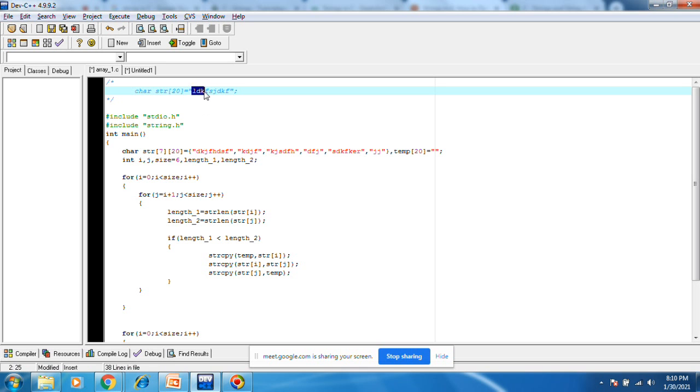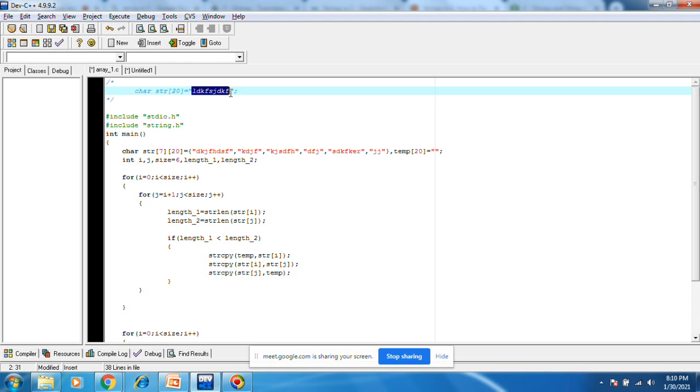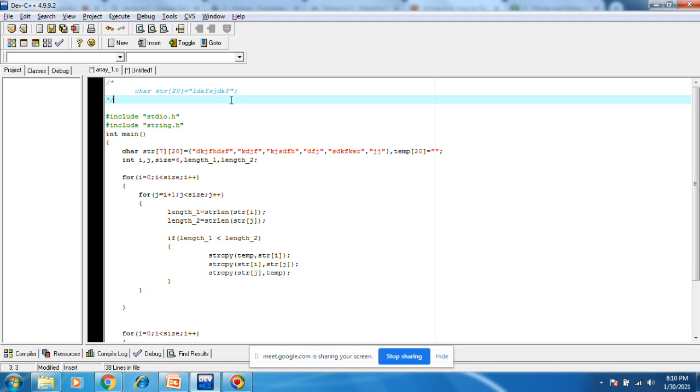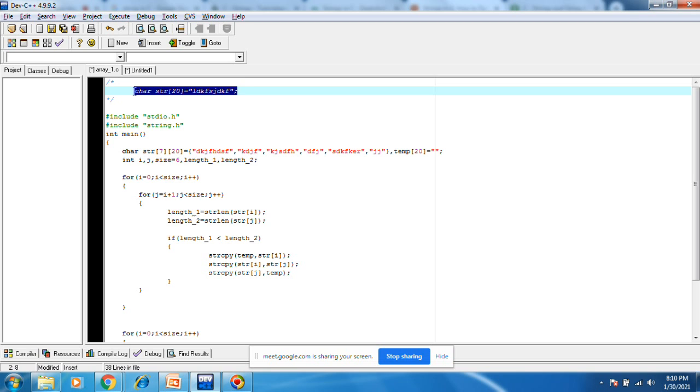IDK is a substring, ID is a substring, IDF is a substring, IDFS is a substring. Whatever part of the string is matched in this string is called a substring. DKF is a substring, FSJ is also a substring, FSDFJ is also a substring. I want to print all possible substrings here in this code. Let's try this program.